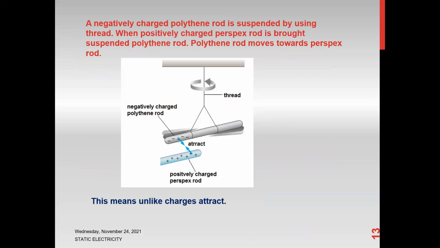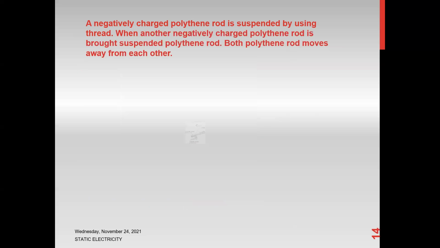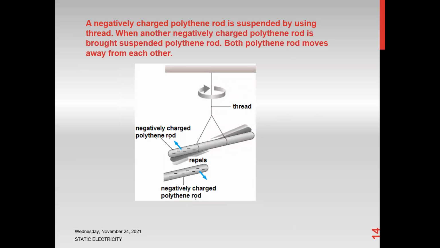And we know if we bring opposite charges, for example one positive and another negative, unlike charges will attract each other. Whereas if two identical charges, like charges, positive and positive, or negative and negative, they will repel. Then what is the concept of electric field? An electric field is a region around a charge where a small positive charge can experience force. We call that region an electric field.